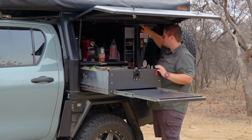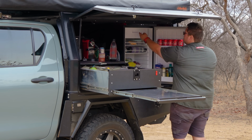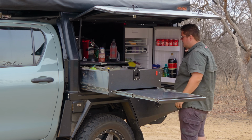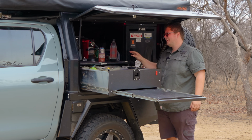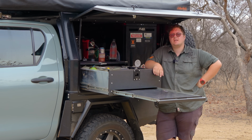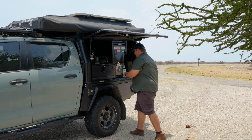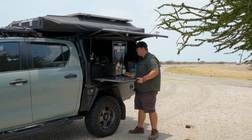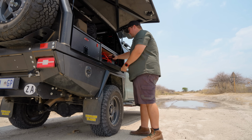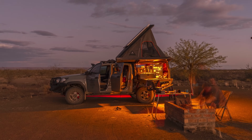I mean, a little fridge stocked up. We've got our juices and some beers. We've got a little freezer up here, which is just chugging away, keeping everything nice and frosty. I'm just trying to remember how many days I've done, but I'm pretty sure I've clocked over 100 days this year alone camping out of this vehicle. And the vehicle has definitely not been my limitation. It's actually so fast and easy to use and to get to, and cooking in multiple different environments and conditions,